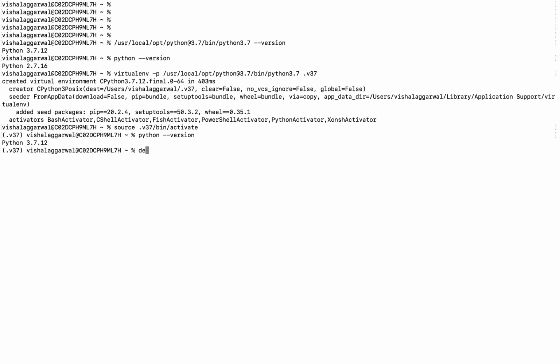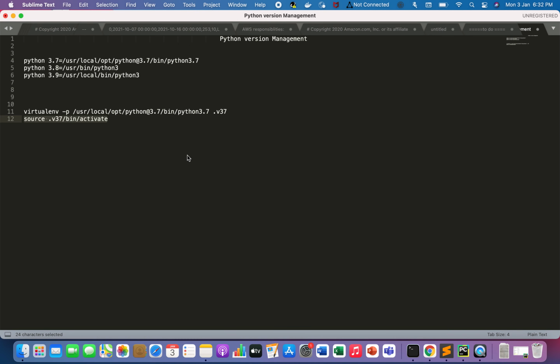Let's come out of this Python version. For that we have the command deactivate: activate for going inside and deactivate for going outside. Now you have successfully come outside of your Python 3.7.12 version. So now again, going to the context switching of your other Python version, let's suppose now I want to go to version 3.8 in your system.